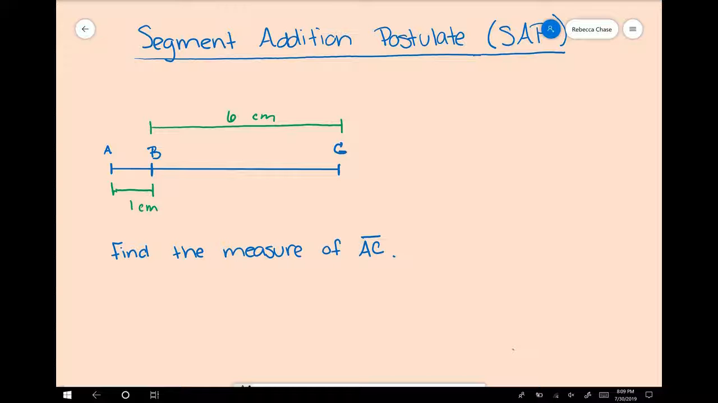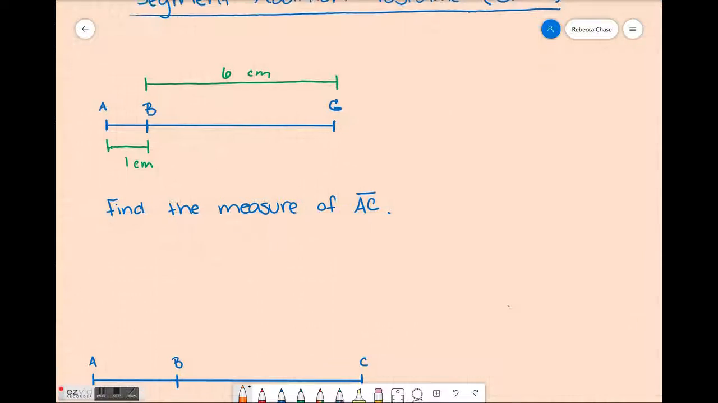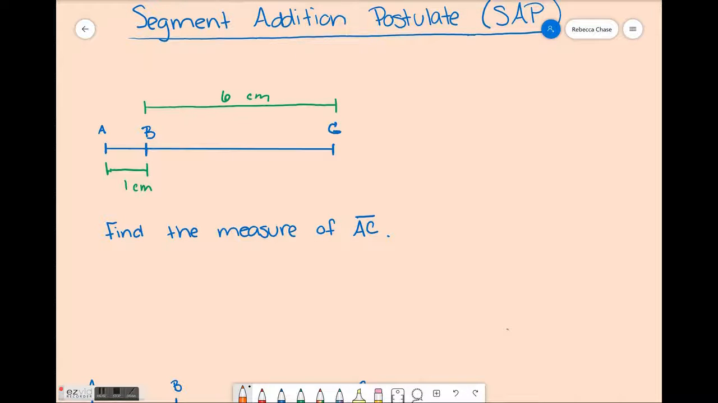Alright guys, so what we're going to look at today is two different concepts that you already know how to use. You just have to put a name to it. Alright, so the first one is going to be segment addition postulate. So all this says is that part of a line plus another part of the line